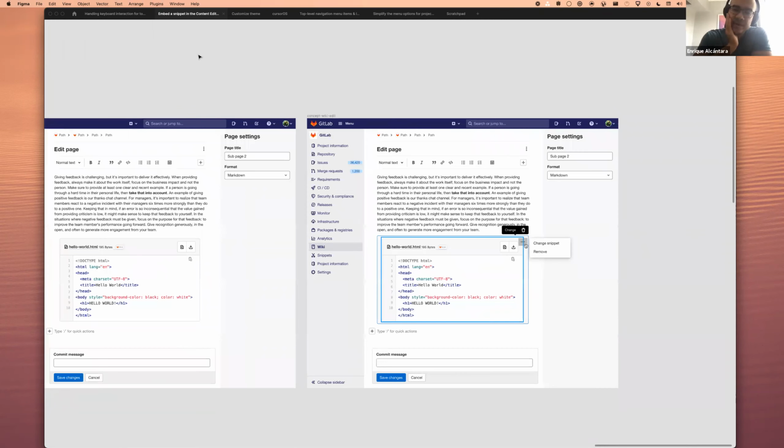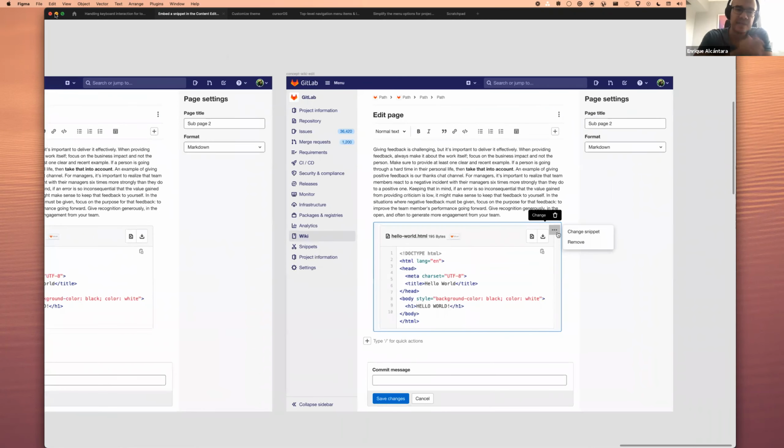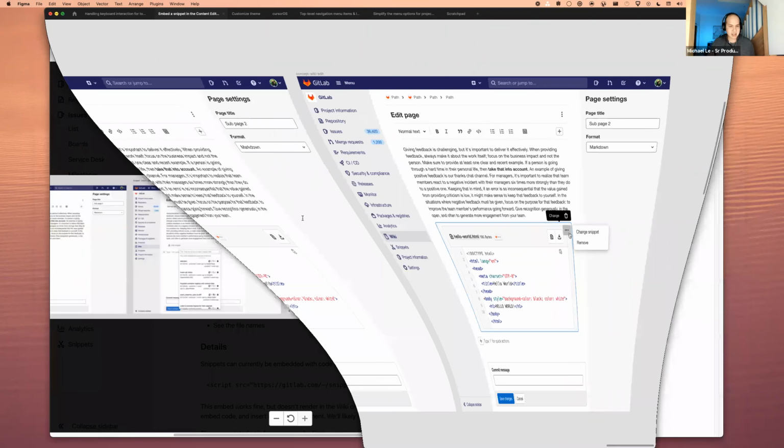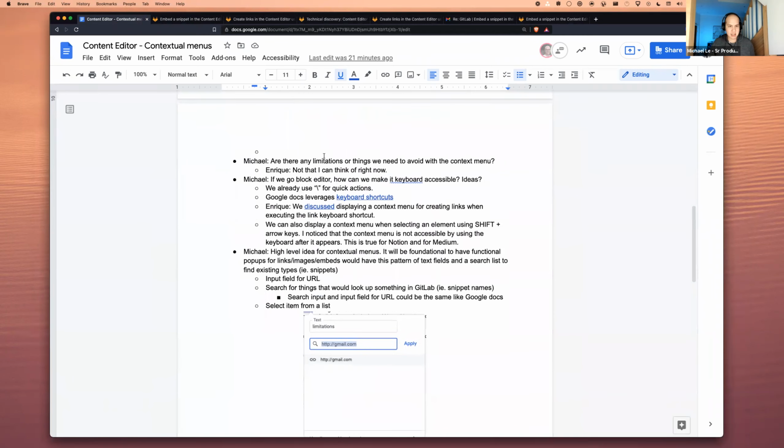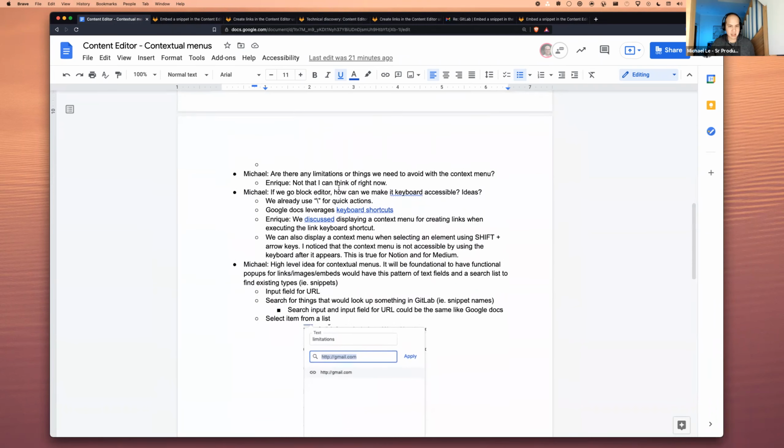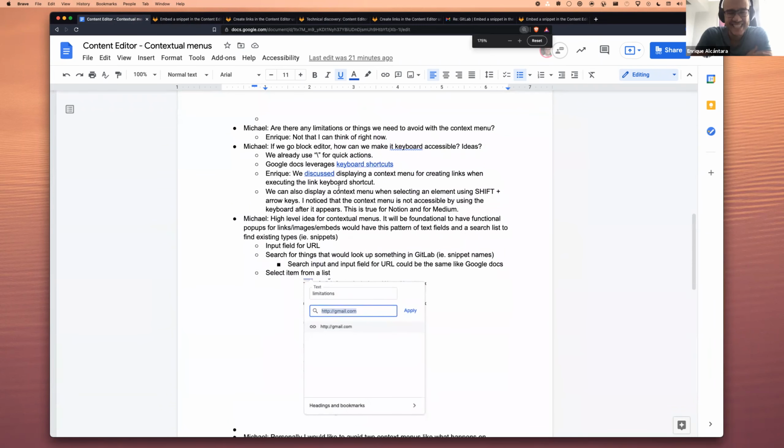Something that is probably worth investigating as well is how we can make this keyboard friendly. I think that's one of the points that you made in the document. Yes, yeah. So let me jump back into this. Limitations, no limits. I like it. Okay, so